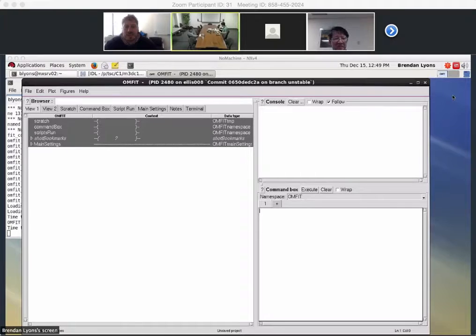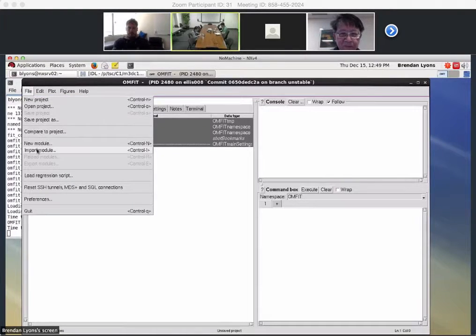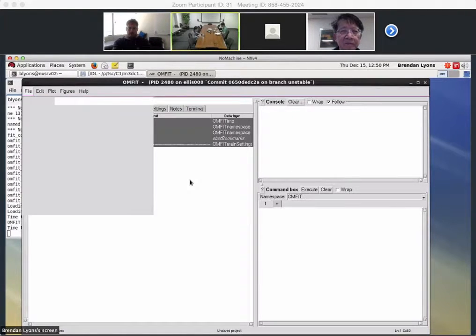Okay, so I'll just go through a bunch of steps. The first one was opening up OMFIT. Like I said, I'm running this on Portal right now, but you can do it from your desktop. It doesn't really matter. Once you have OMFIT up and running, the first step is to import the M3Dc1 module. So I go to File, Import Module,